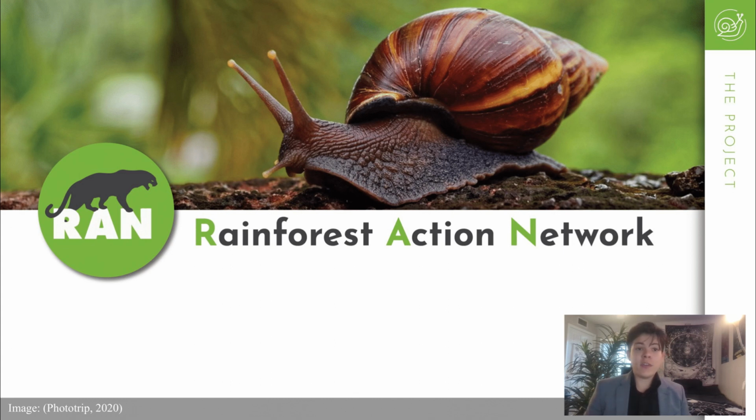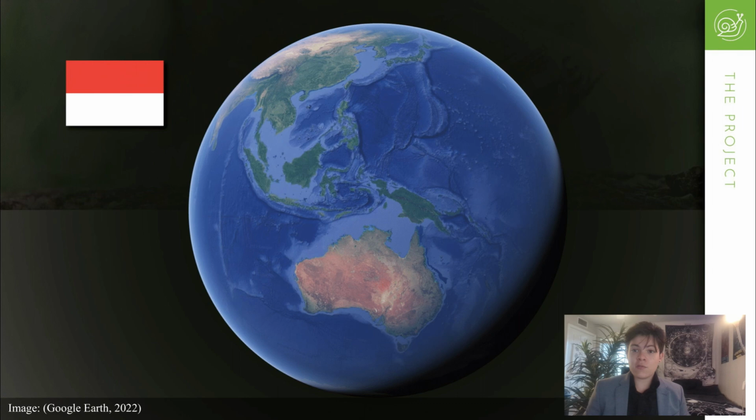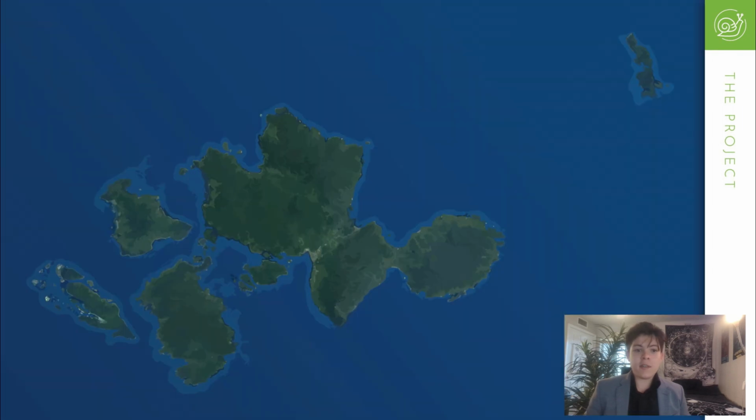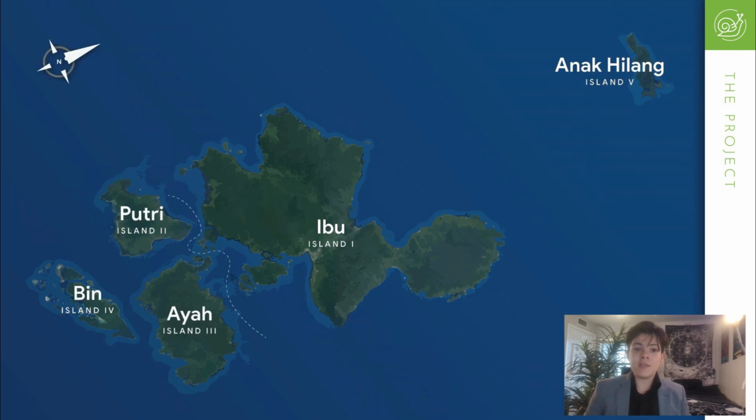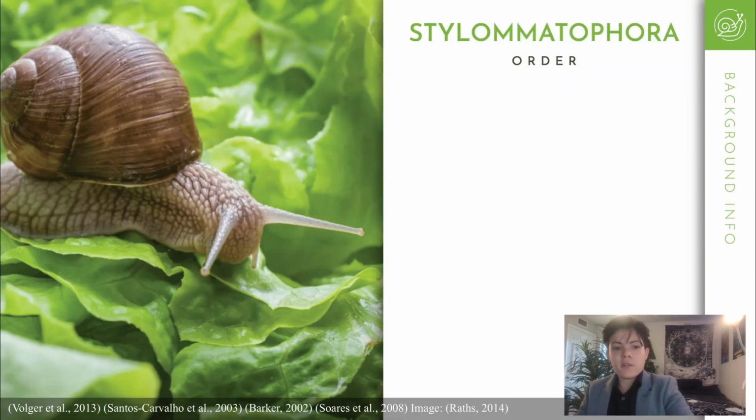As you know, we have partnered with you in order to conserve some islands in your country, specifically a 5 island chain. You've allocated us 475 million rupee for land purchase. And the reason we want to conserve these 5 island chains is because of the snails that are on this island. Some native species, some exotic, and some invasive. But before I talk too much about that, I wanted to really talk about land snails and why they're important